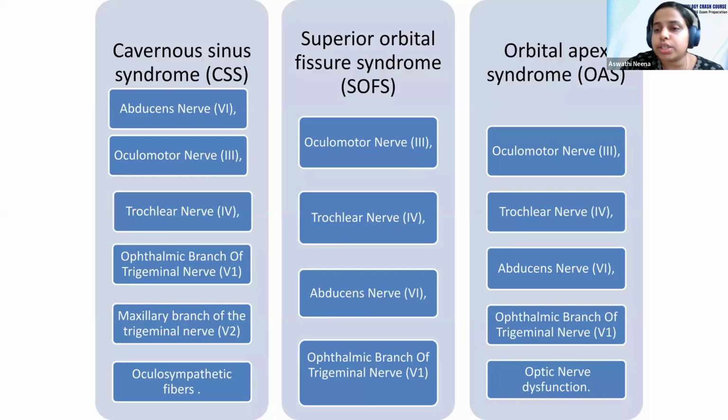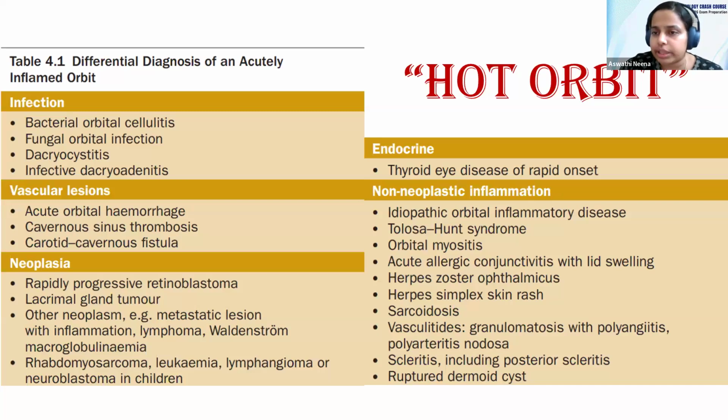Now, not just any infection can cause all these. You can have other differentials for acute orbit or hot orbit, that is your vascular lesions and neoplasias like rapidly progressive retinoblastoma, neuroblastoma, lymphoma, and metastasis in adults. And then you definitely have your specific orbital inflammations like sarcoidosis, Wegener's, or idiopathic orbital inflammatory disease, which I'm coming